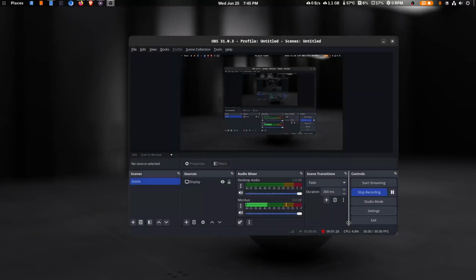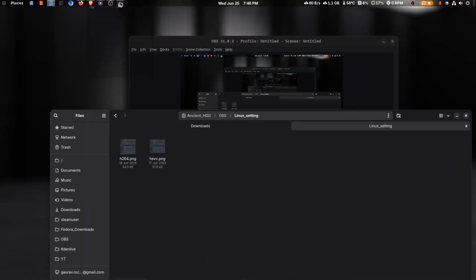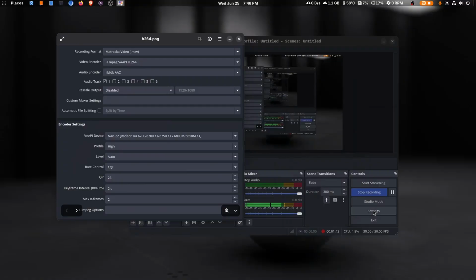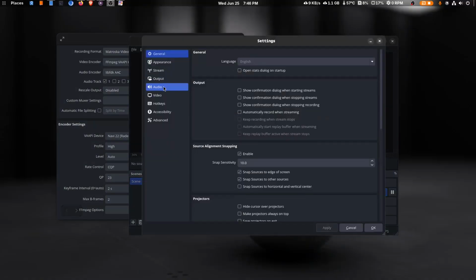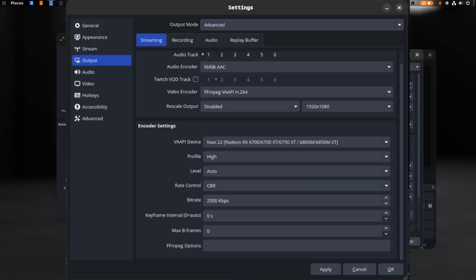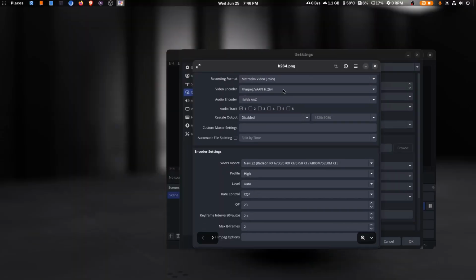Hold on for a second. Okay, so it will look like this. Okay, so here it is. When you go to the recording section here, when you choose output and then select advanced here, there will be two tabs, one for streaming and one for recording. In the recording tab, this is the setting that you need to choose, or it will be available for you after selecting advanced mode. For video encoding, you need to choose this